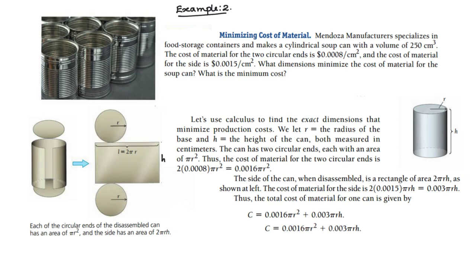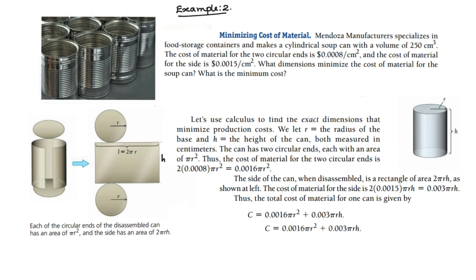The area of this circle will be pi r squared, if r is the radius. This one also is pi r squared. So the sum of these two areas, the area of the top and bottom of the cylinder, will be 2 times pi r squared. And the area of this side will be length times width, right? So length is 2 pi r times the width h. So it will be 2 pi r h. So the total area of this cylinder will be the area of the top and bottom plus the area of the side. So 2 pi r squared plus 2 pi r h.